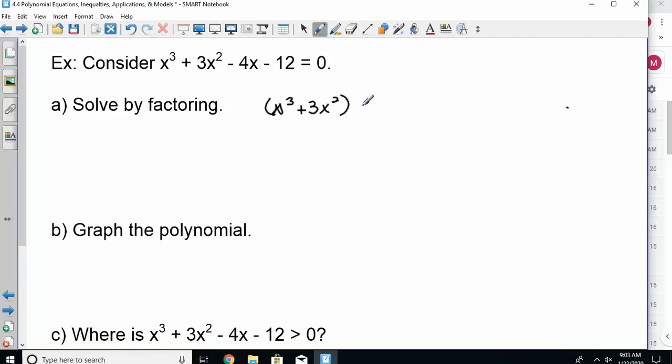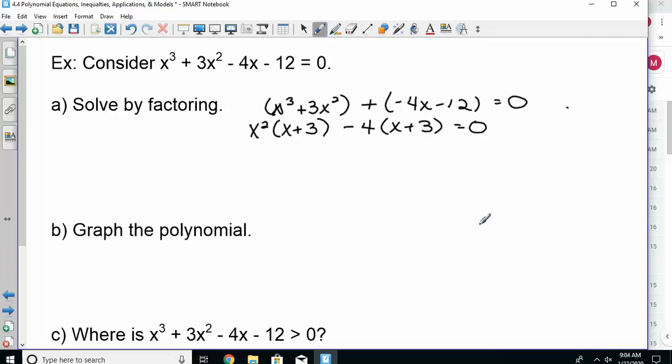Now you don't want to put a parenthesis following a subtraction, so I'm going to make this plus a negative 4x minus 12. You pull out. So in the first parenthesis you can take out the x squared. In the second parenthesis you can take out negative 4. And how do you know when grouping is going to work? These parentheses match, so I can pull that out. And then you're left with